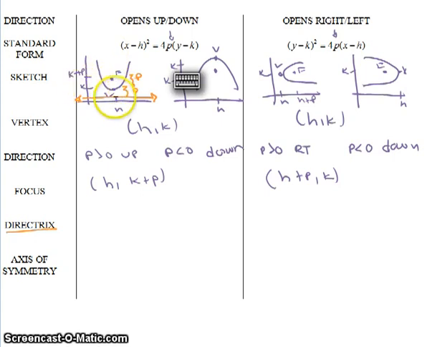So to get to your directrix, you go up k to get to your vertex, and you go down p. So it'd be at k minus p. And it's a horizontal line going through the y-axis, so it's y equals k minus p. And over here,